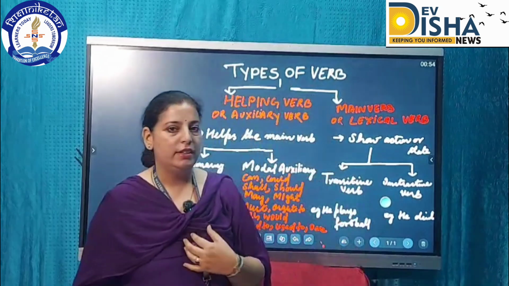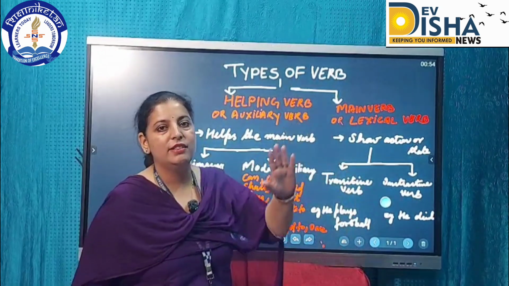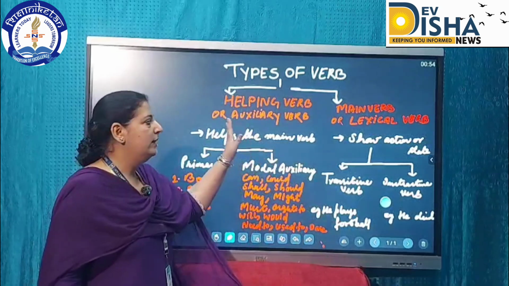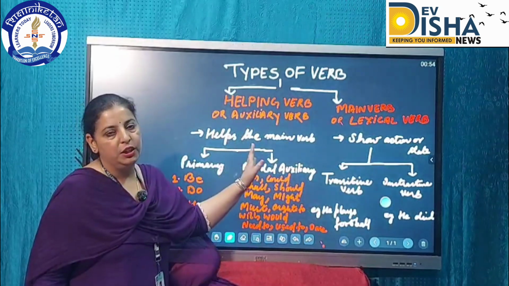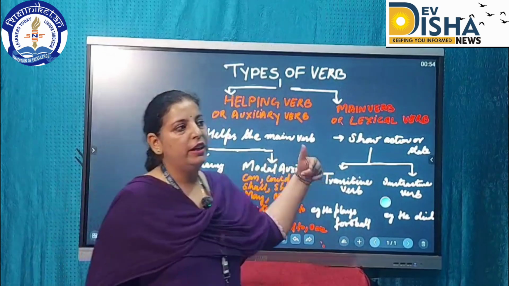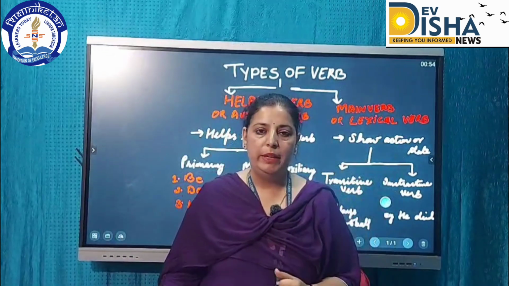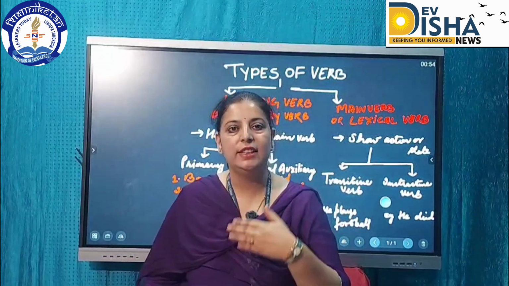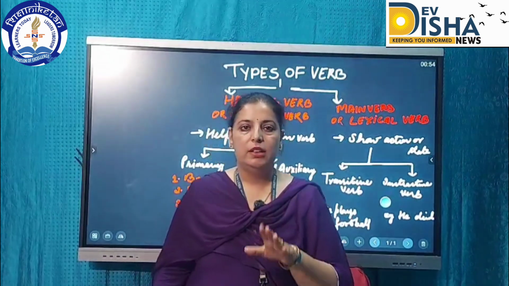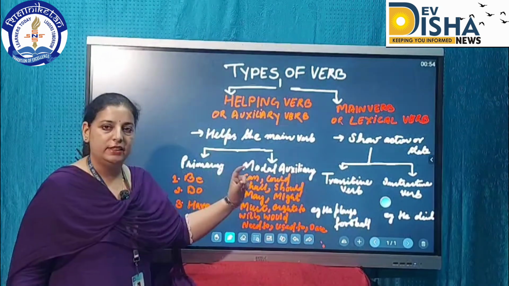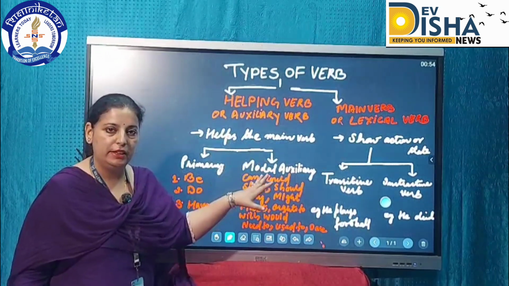But there is a limitation in helping verbs because there is no addition in helping verbs. There are only 16 basically in English. We have to learn and remember them. But if I ask you for a list of main verbs, your number can change every day because there is addition in main verbs. But helping verbs are fixed and permanent in number.